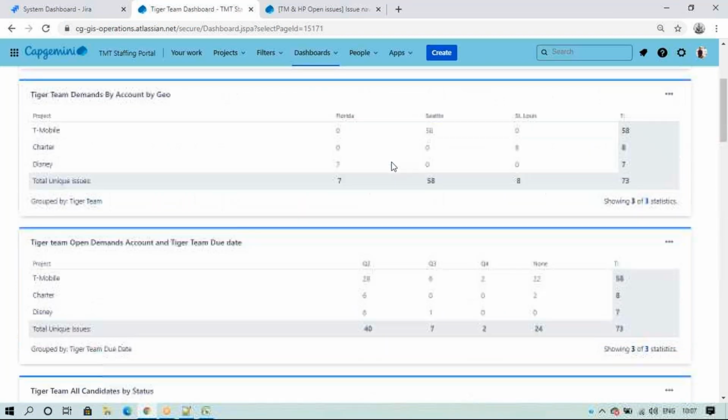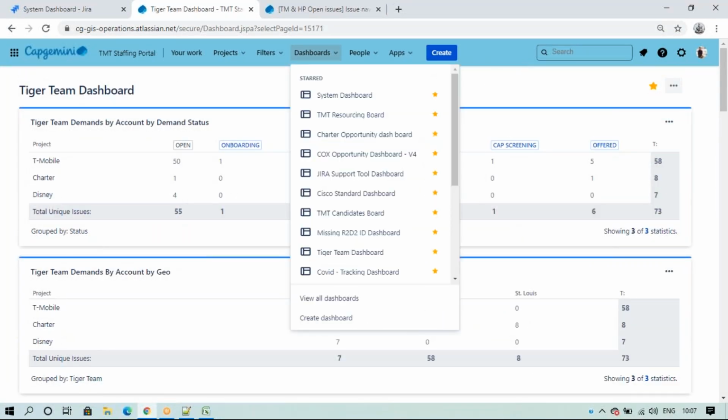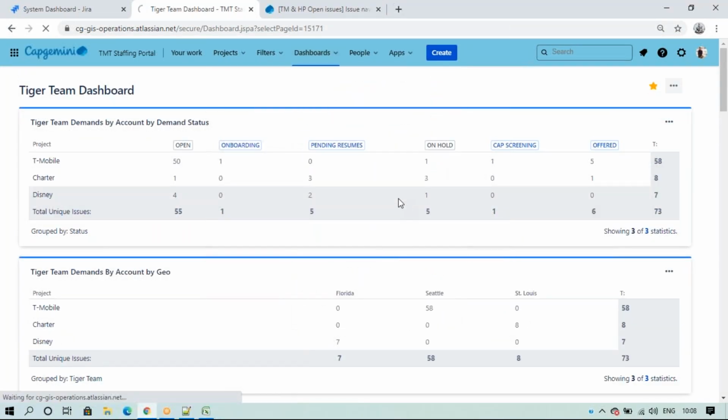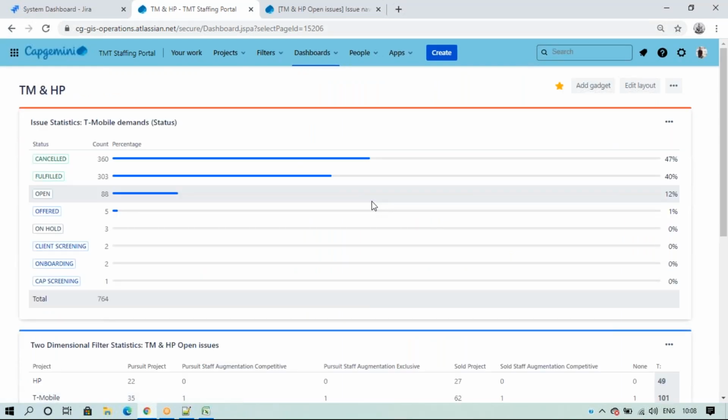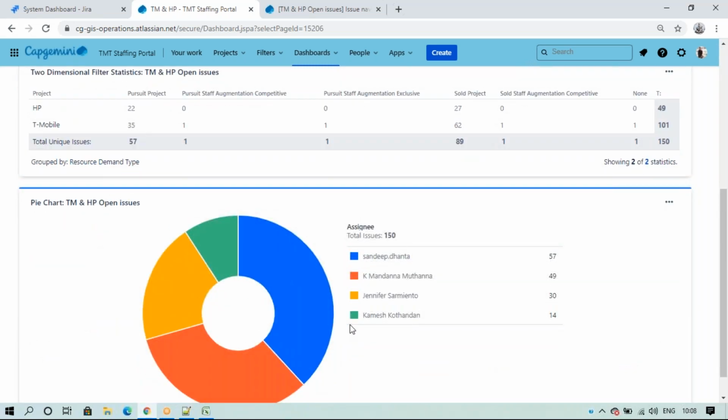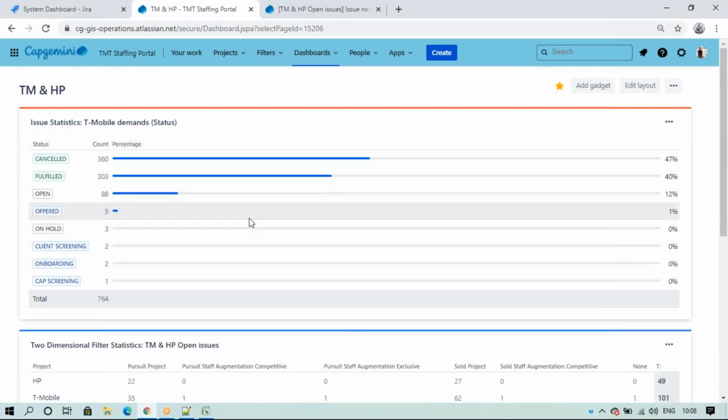So in a single dashboard we can drag many filters.